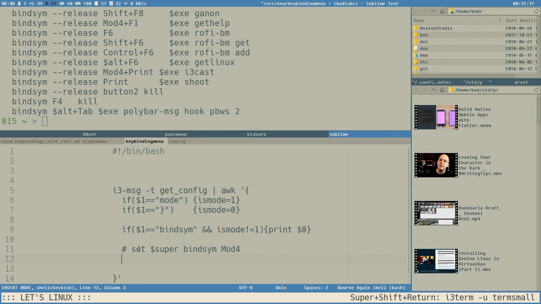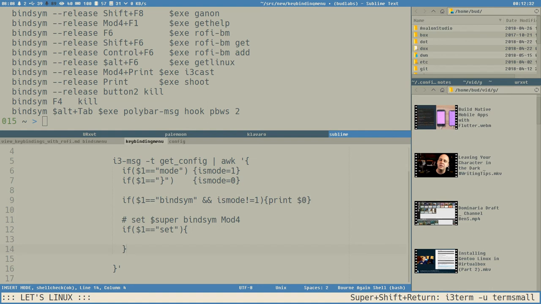User variables, first field is set. If $1 is equal to set, we have found a user variable definition. The second field contains the name of the variable, and the rest of the line is the content of the variable. We will use this variable name